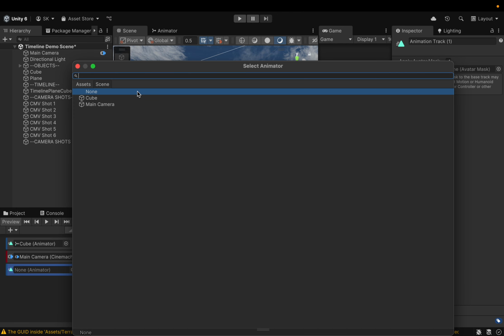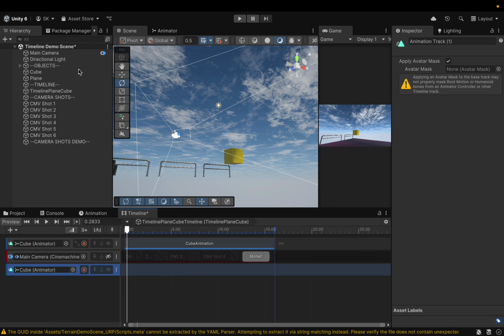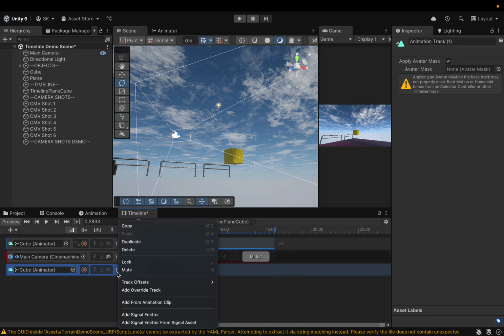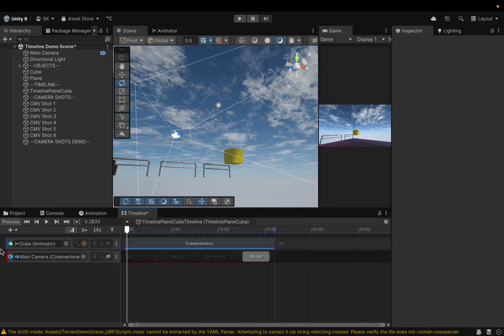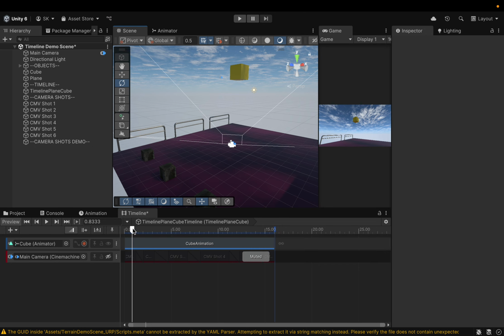So I have a couple of things that I've animated. I could do this and add this here. Okay, so this would be my animation here. So I'm going to delete this one because I already have mine here. I've already added my animation track and added my cube here. And now all I have is just this cube going around and no cameras following it because I haven't attached any camera except my main camera. And I'm going to add one camera at a time and build this up to different shots. So let me get to the beginning of my playhead